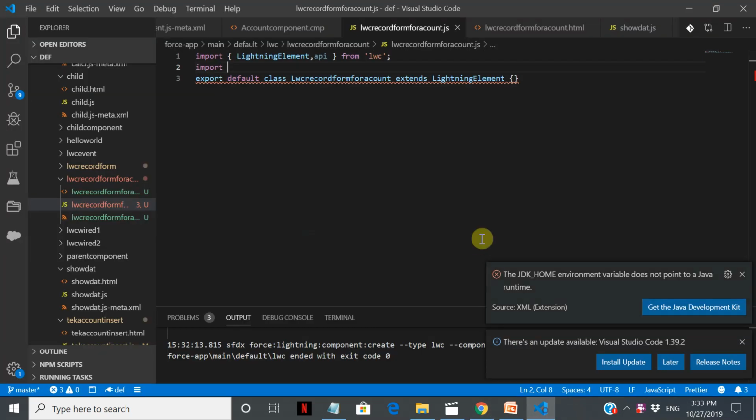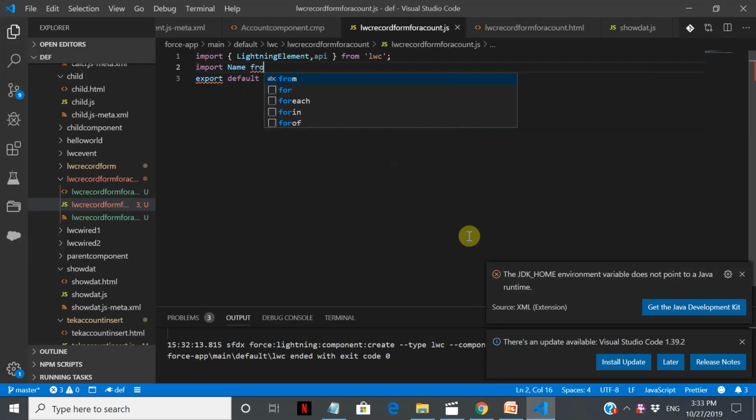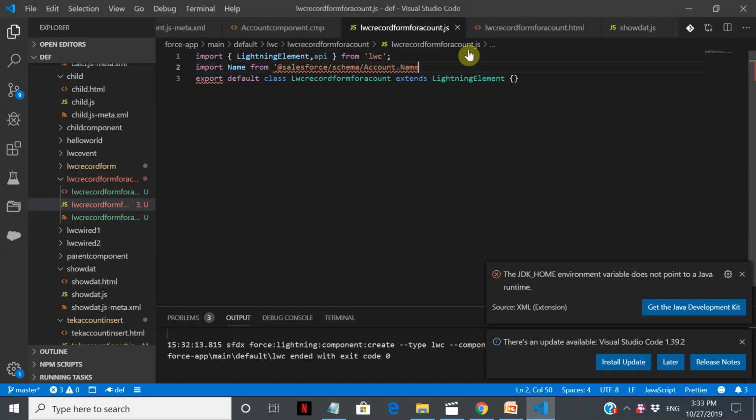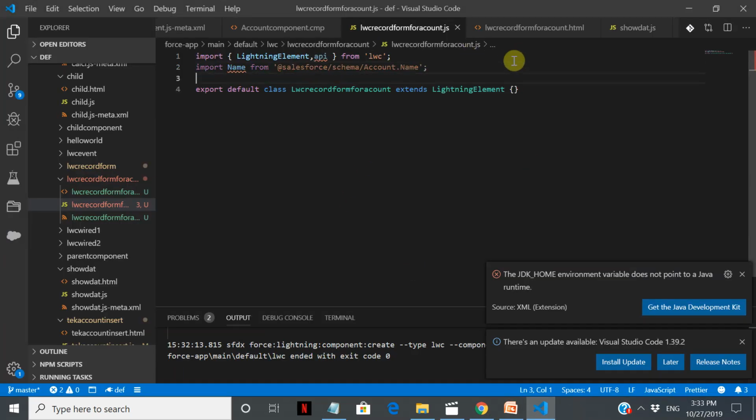See, if you have any other required fields, you need to import that. Okay, so that goes without saying, that's understood. Import name, and another one that we first import the fields here to initialize the fields is account revenue, because these two are required in my schema. Okay, it is not required in your schema. You don't need to include this, but I have to include these two.